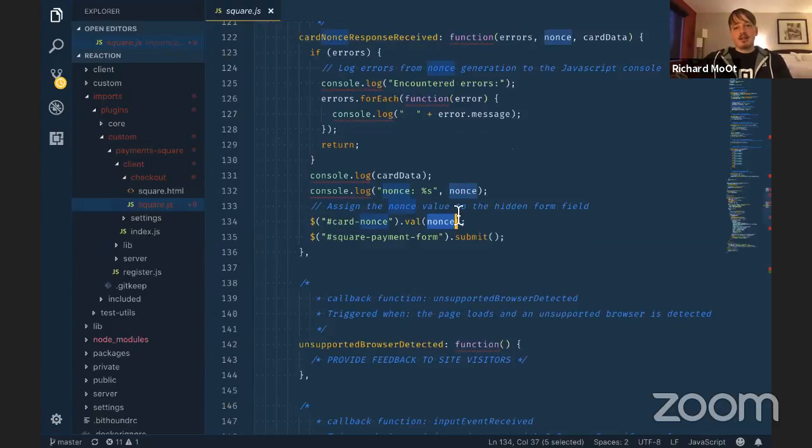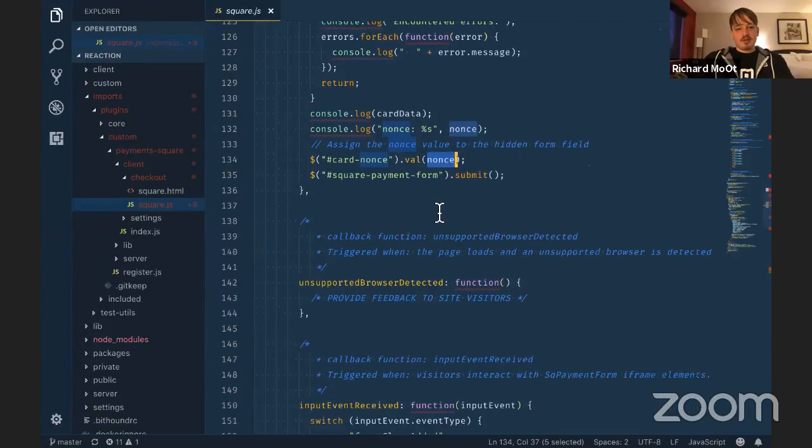Additionally, this nonce can be used to create, say, a card on file. So if you had a customer and you wanted to have recurring charges, or just have a card available that can be charged in the future, and you want to store those card details without actually storing any sensitive information, you can use that nonce to create a customer card that you can later reference if you wanted to do additional charges.